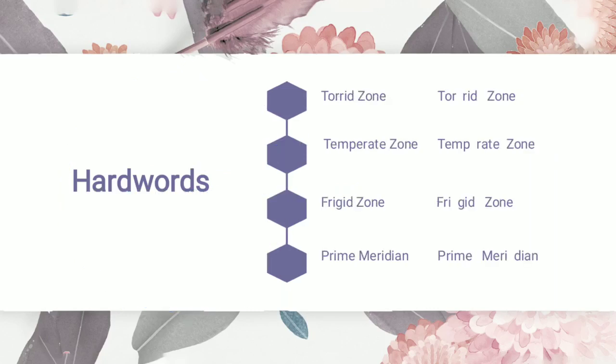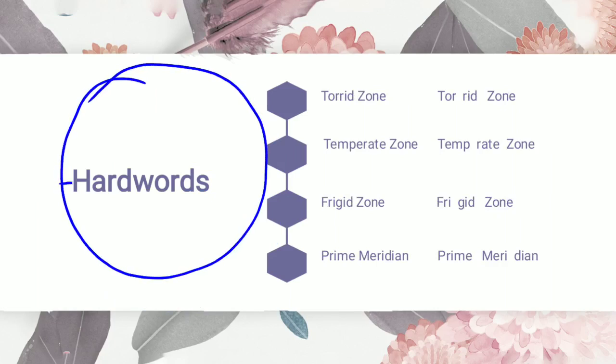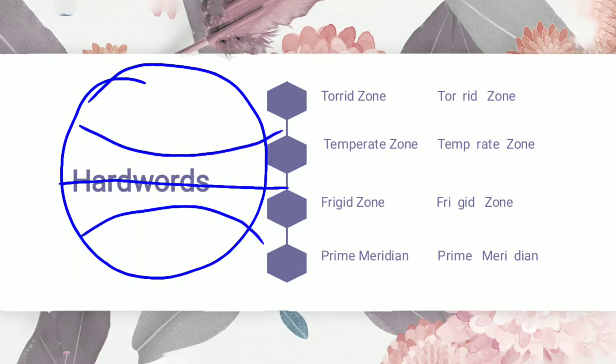Now, torrid zone. Wait a second, let me draw that first again. This is our Earth, equator, Tropic of Cancer, Tropic of Capricorn. Now the Earth is divided into 3 zones according to their temperature, kind of heat zones. So first one is torrid zone. This is the torrid zone in both hemispheres, northern hemisphere and southern hemisphere.